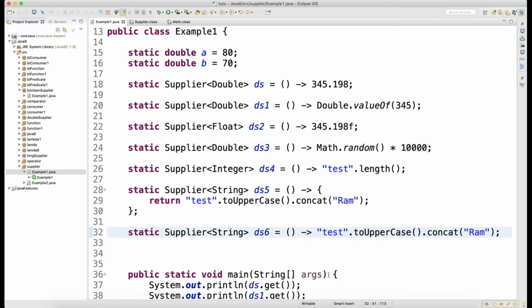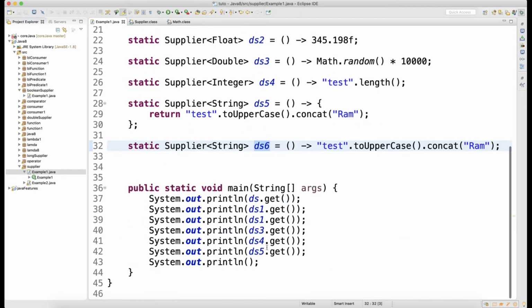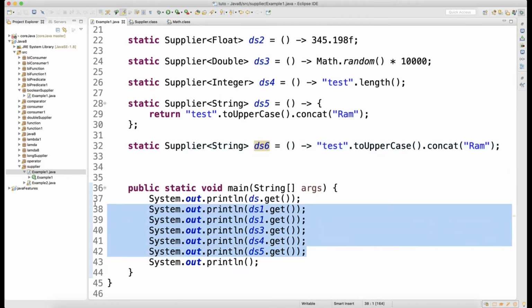Generally we use curly braces when we have multiple lines of statements and then we need output, so we can go for that, right? So this supplier will give you the string, and then if you look here, I'm just calling all the suppliers' get. There is only one method called the get method.